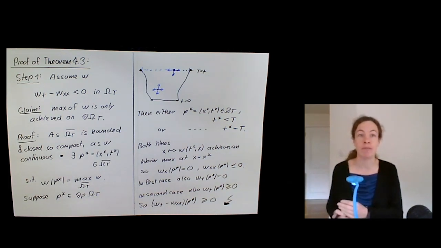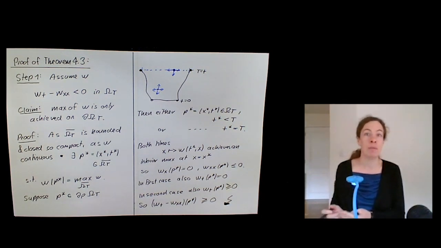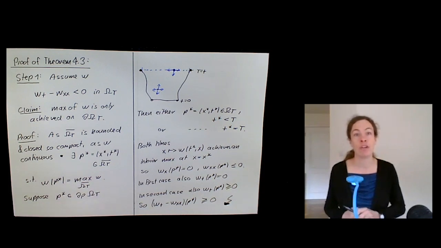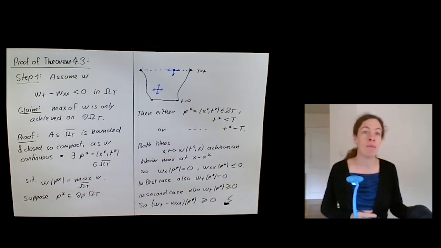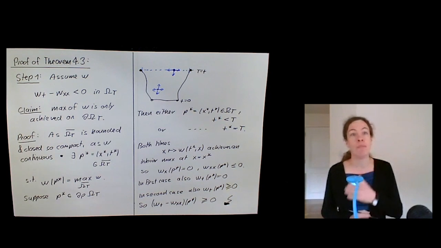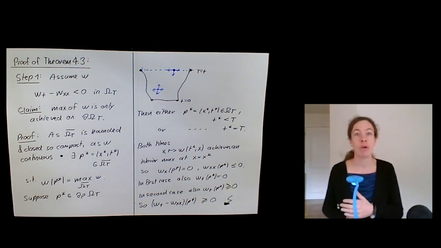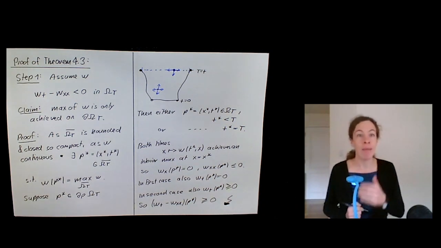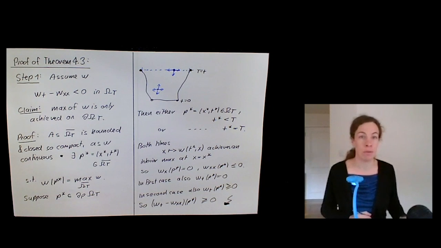Now there's an important difference in that proof is that we will not exclude the possibility that the maximum is achieved also somewhere in the interior. Indeed, that's never possible because you could just have a constant function, and then of course a constant function achieves its maximum in every single point. But as before in the elliptic situation, there are actually results about maximum principles, which are so-called strong maximum principles, which exclude the possibility of having an interior maximum unless your function is actually constant.